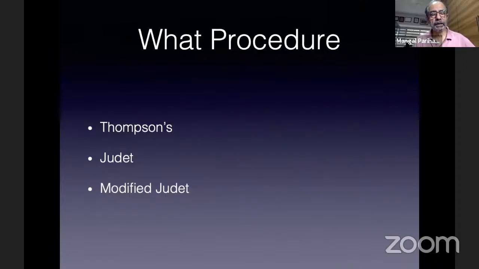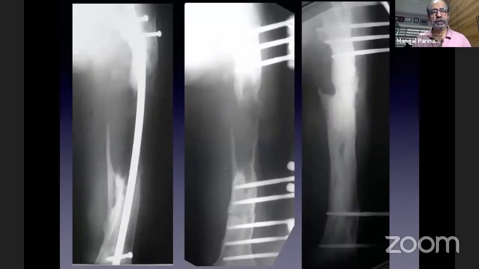So there are two essential procedures which are described. One is a Thompson's and the other is a Judet. Most of the cases where we've got intra-articular or distal third problems, where the issues tend to be adhesions in the joint, I find that a Thompson's will work. But when there is a large problem like this, where this guy had a huge gap